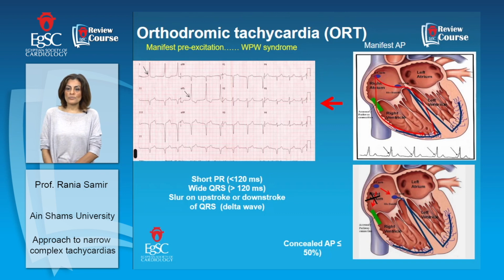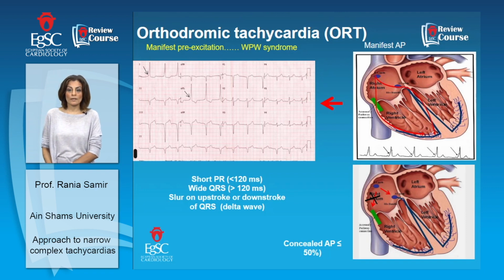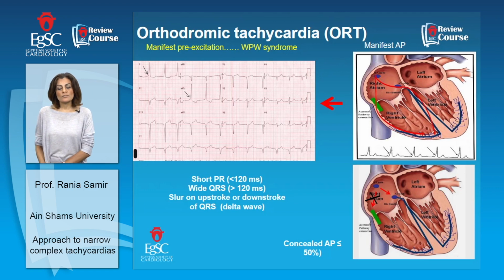And in the majority of the accessory pathways, or more than 90% of them, they conduct both in the antegrade direction and the retrograde direction. And they lack the property of the AV node of decremental conduction. The conduction across the accessory pathway is so fast, there's no decremental conduction either way. There's another portion of the accessory pathways, known as the concealed accessory pathways,